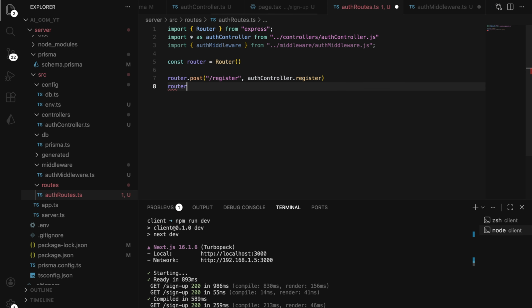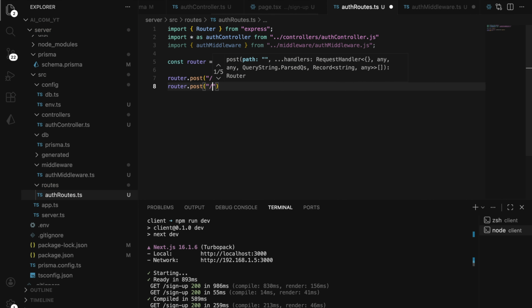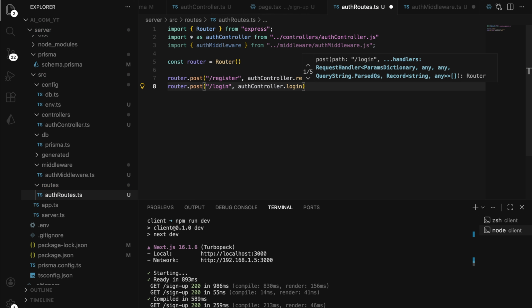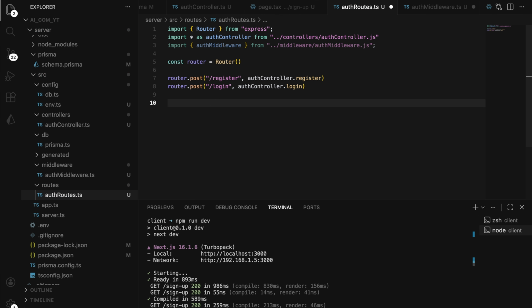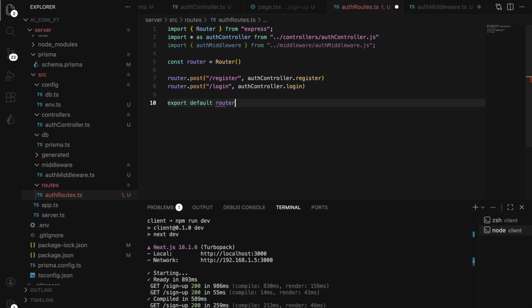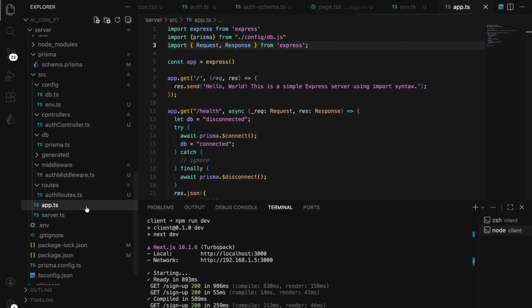So router dot post slash login, and then provide the auth controller dot login. Okay, and after that we are going to just export the router, export default router. Okay, so we're done here for now, and let's go to the app.ts,